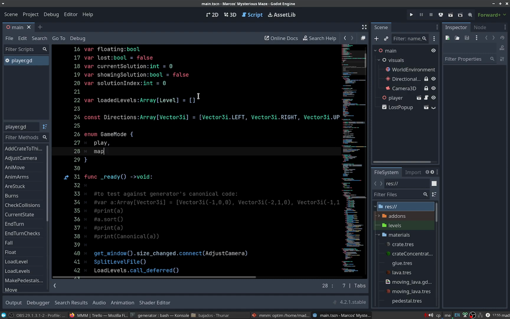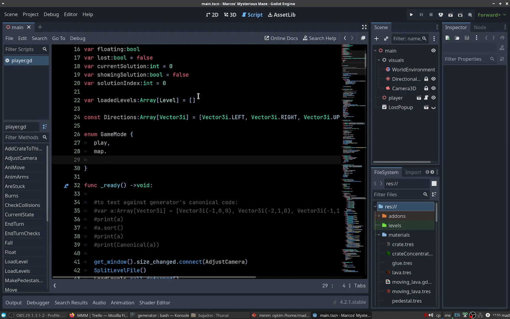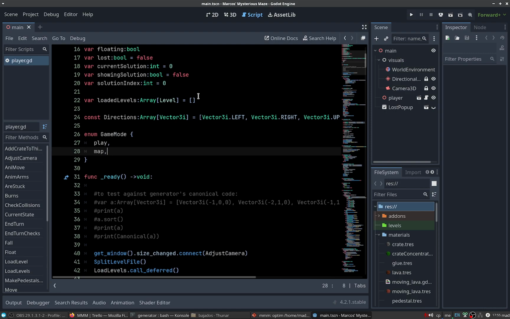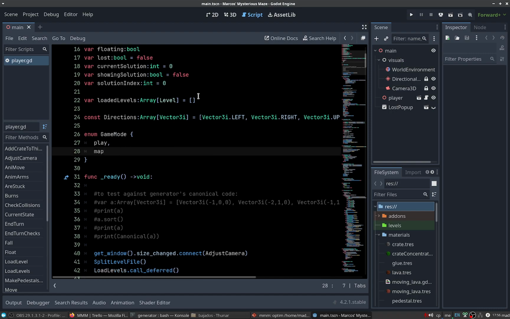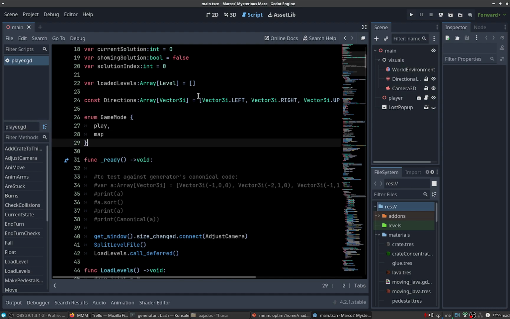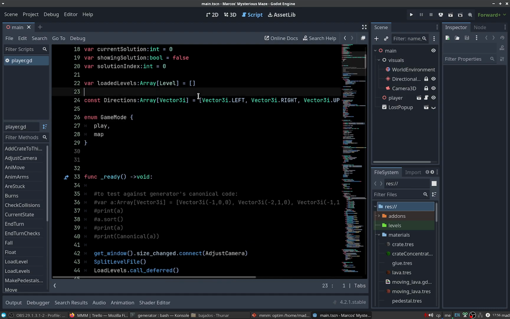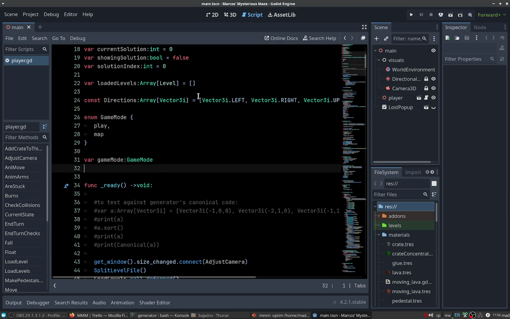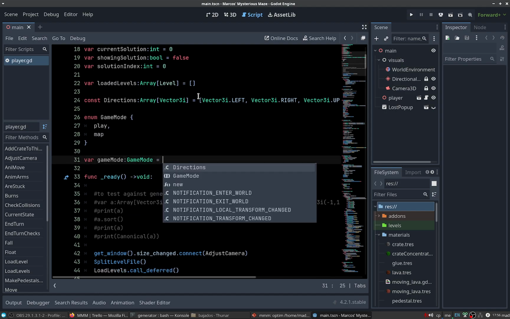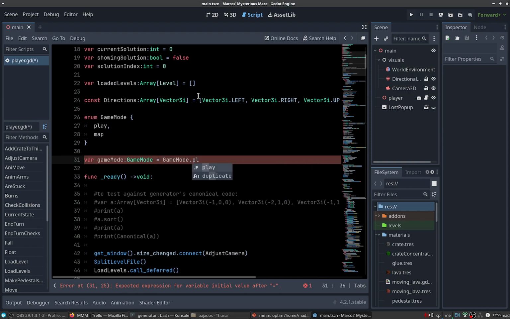Perhaps another secret game mode, but spoilers. And a global variable of that type will be initially play,